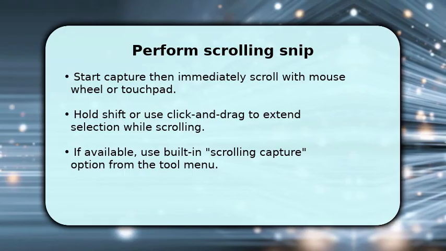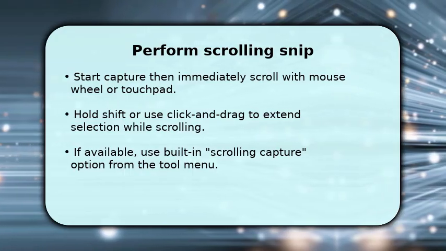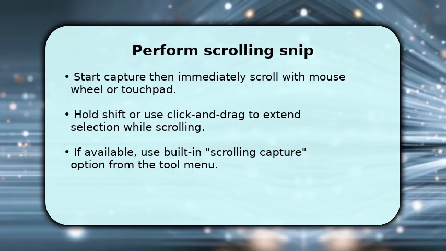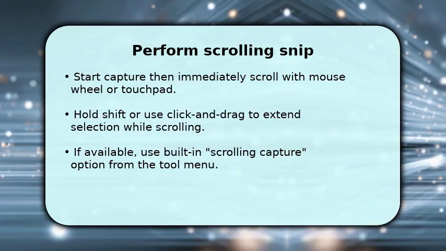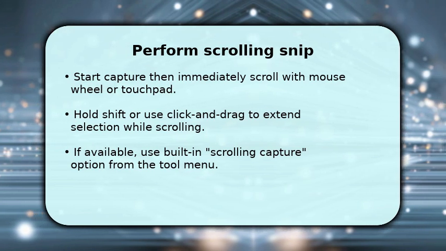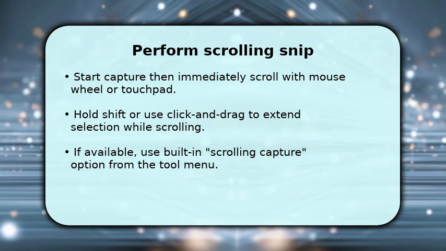Once you know your scrolling speed, practice one smooth run. Slow is steady and avoids mislines. If the tool has a scrolling capture feature, use it for best results. You finish by releasing the mouse or touch to finalize the snip, then save the image as PNG or PDF